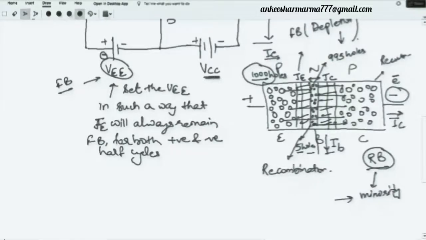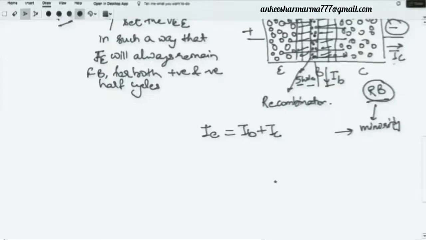that is equal to IC. So look here, 995 holes have reached the collector region. These 995 holes are recombined with the electrons provided by the battery or by the source VCC, and definitely the current that will be there, we have named it IC. So can I say that the total current was IE, and that has divided into IB plus IC, where IB is very small,